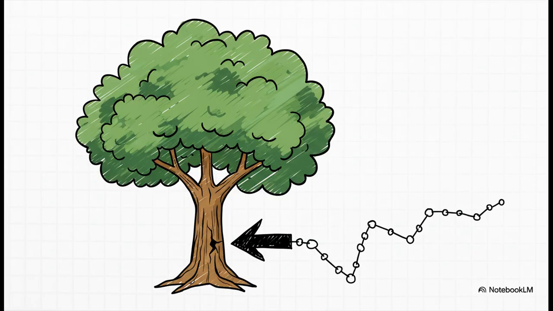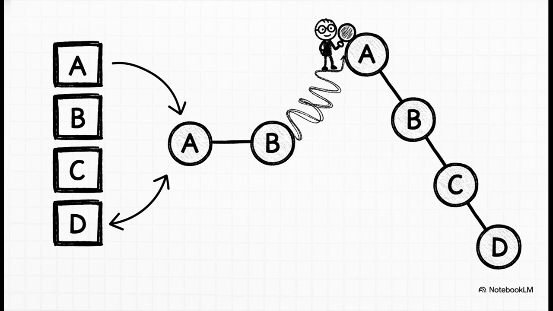Okay, you're probably sensing a pattern by now, right? Every single one of these data structures seems to have a secret weakness, a worst-case scenario. And for the BST, that weakness is a really, really big one. So what happens if you insert data that's already sorted? Say A, then B, then C, then D. Well, the tree stops being all bushy and balanced. It actually degenerates into a long, crooked chain. Your super efficient decision tree is now just a glorified list, and searching it is, once again, that slow O(n)